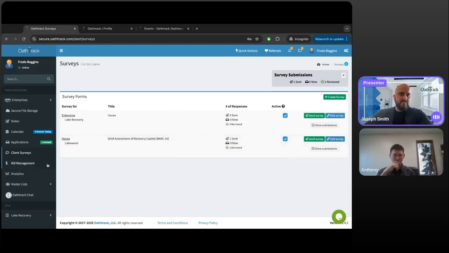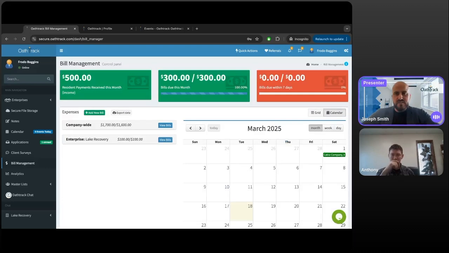And then next, bill management. Bill management is a way to track all of your house expenditures, such as electric bills and cable bills and payroll, things like that. So recurring expenses, as well as one-off expenses, you can record them here, and you can export this data to Excel